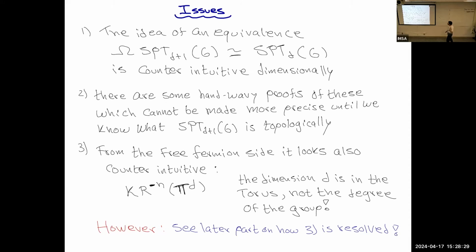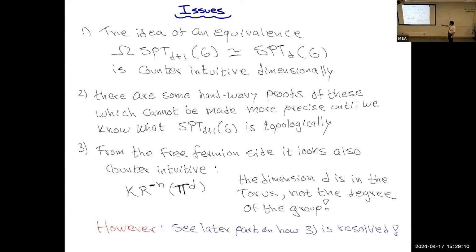And okay, some issues that I see. I mean, these are not as big issues, but okay, I'm going to mention them. So the first is that this is a bit counterintuitive, right? There are some proofs, like I mentioned, but this is a bit counterintuitive because you have a d plus one dimensional system. You look at families of these d plus one dimensional systems that come back to your original one, and somehow you end up with a system in a lower dimension, right? So dimensionally this is kind of counterintuitive. Doesn't mean it's wrong, but you have to be careful with that.